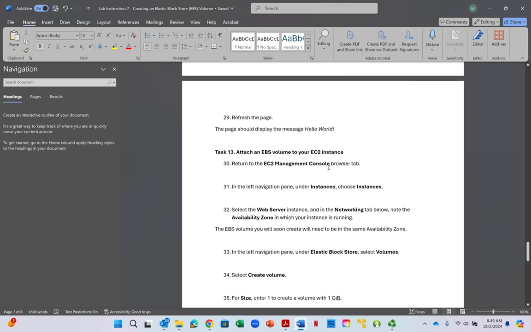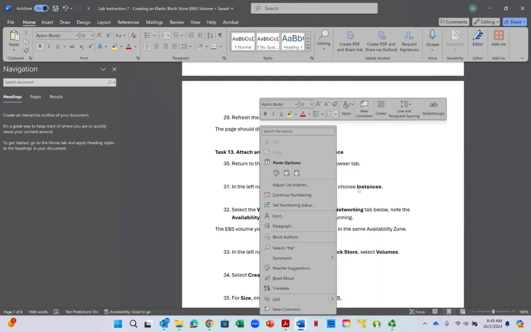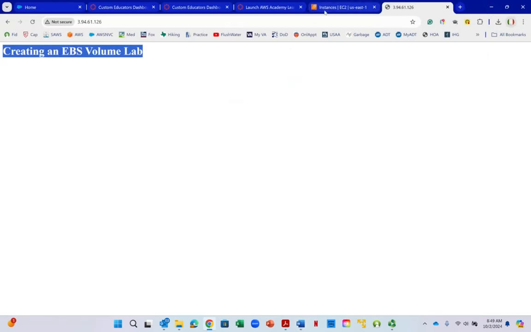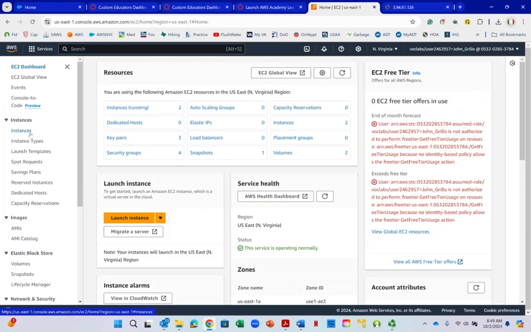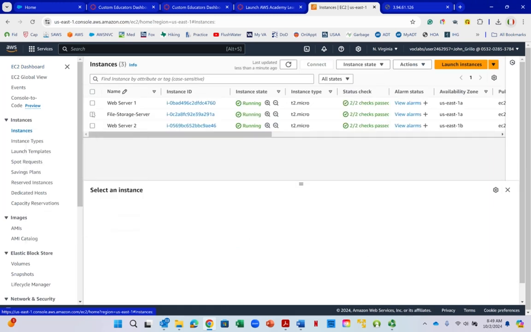So step 30 says return to the EC2 Management Console, and go under instances, choose instances. Then select the web server instance, and in the network tab below, note the availability zone in which your instance is running. We're already there, but to show you how you would do that, let's just assume you weren't there. Let's go back to the dashboard. You can click on instances in the left, click on the file storage server,